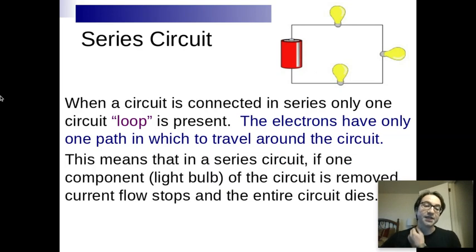Now, that also means that in a series circuit, if you take one of these resistors or light bulbs out, you've created an open circuit, just like opening a switch, and that will kill the circuit. So a disadvantage to these series circuits is that if one of these light bulbs burns out, the other two are instantly going to go out because the current will disappear. Again, if you have any gap, the air is not conductive enough to carry electrons, so the current will stop in the case of an open circuit of any kind, whether it's a burned light bulb or